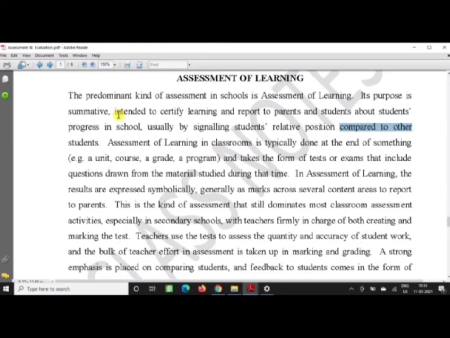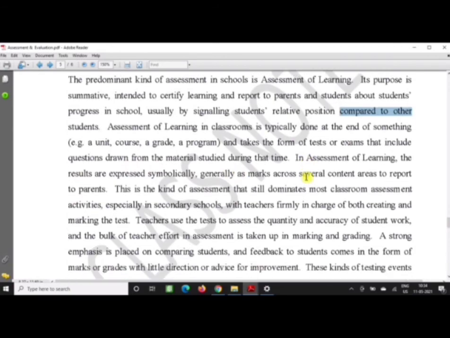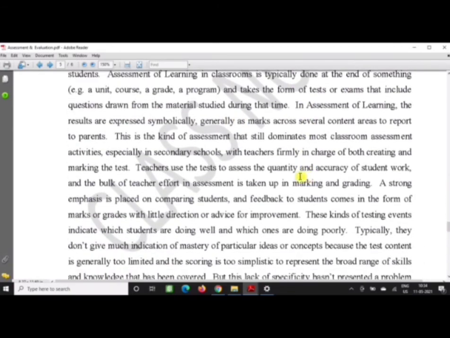Assessment of learning in the classroom is typically done at the end of something. Like I said, that is summative. So as a teacher, you sum up everything, all the tests throughout the session, and it takes the form of tests or exams that include questions drawn from the material studied during the time. In assessment of learning, the results are expressed symbolically.